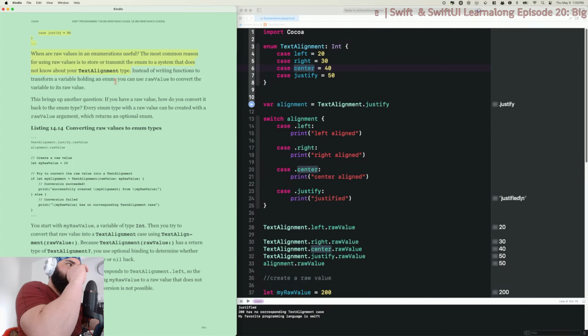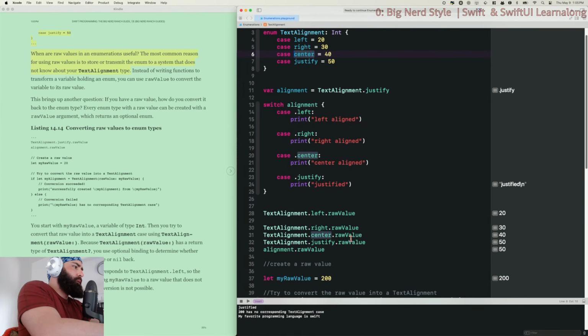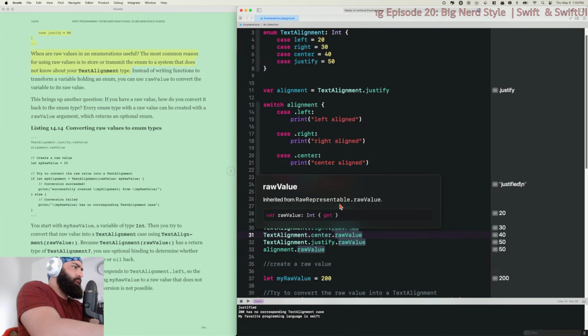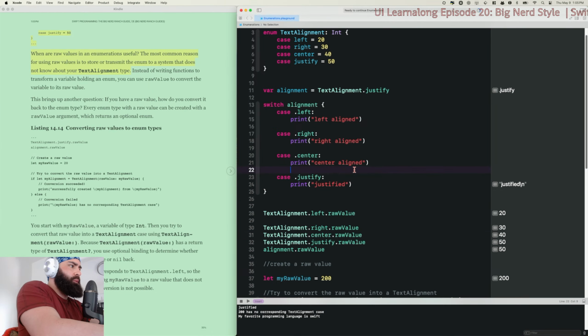Which is kind of a weird thing to say because in both cases you're using a function. That's what that is, isn't it? Inherited from raw representable. Yeah, whatever, that's splitting hairs.